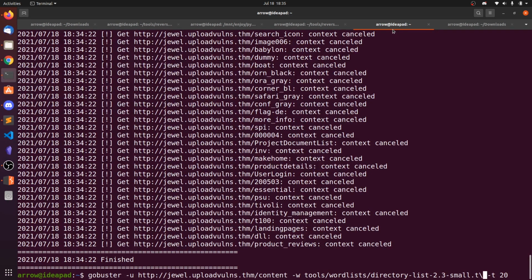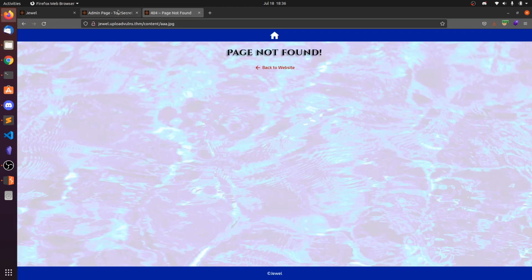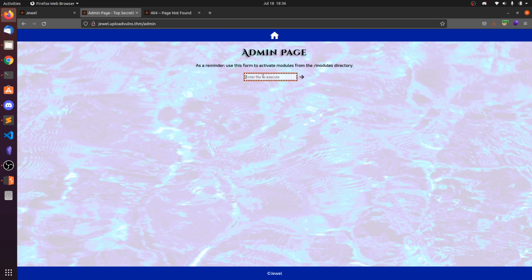So instead of this small.txt, point to the file you have downloaded. And then you need to put the module you need to activate, like it's executing, I think so.